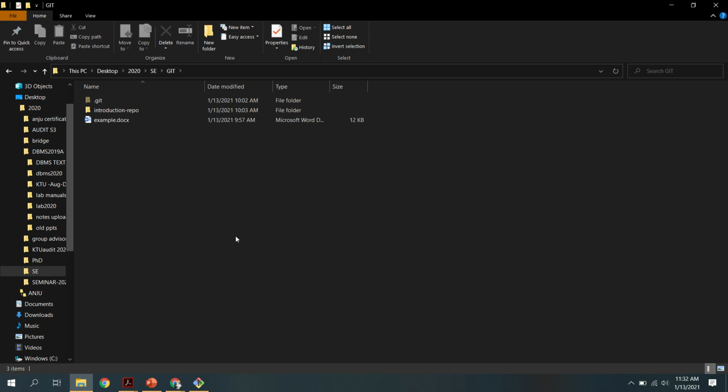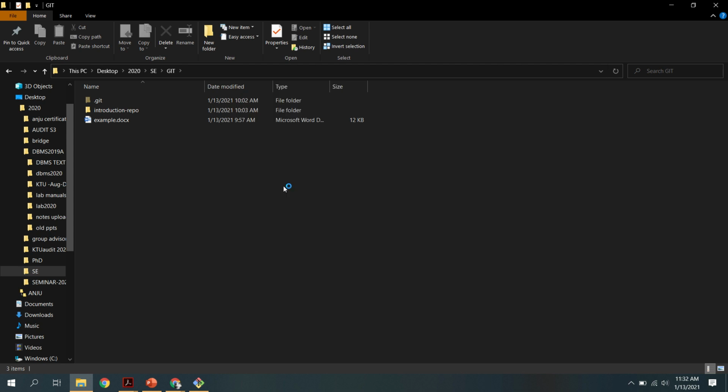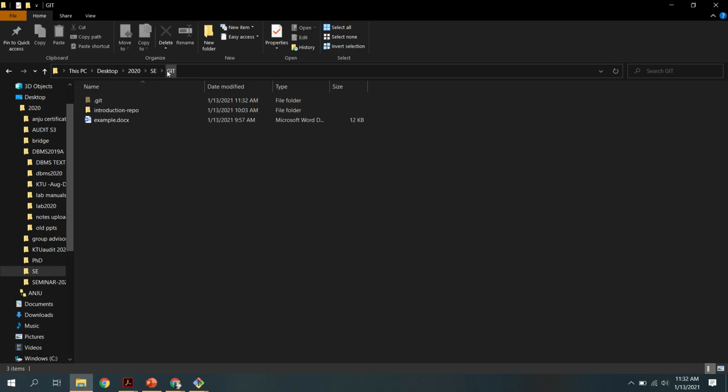Inside the folder that you have created, right-click and choose git bash here, and you will get a terminal. Inside the terminal you just type the git init command and press enter. Here I already created the local repository, that is why I am getting a message like this. When you type the git init command, you will get a message that an empty directory called .git is created inside that folder.